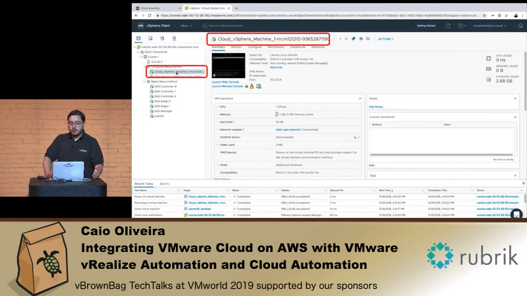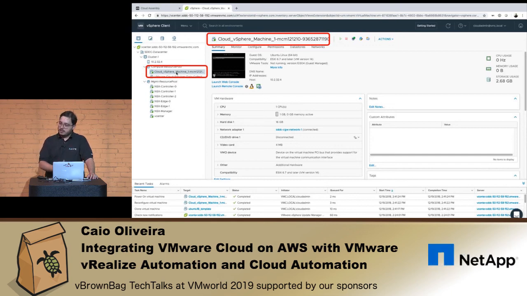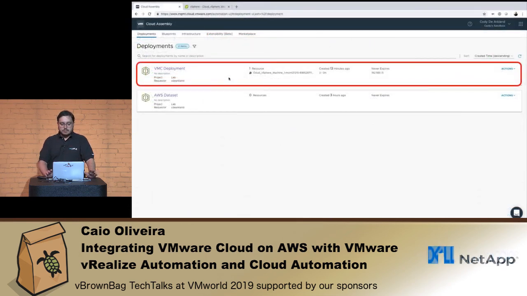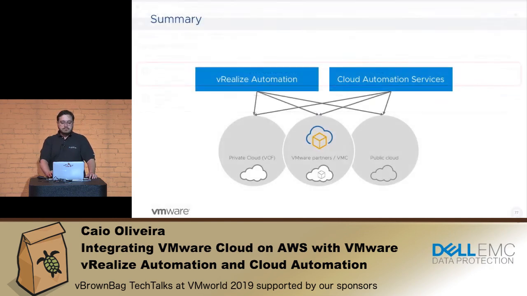So after a few minutes, I will have my cloud vSphere machine with all the properties and everything that I did on the blueprint side, right? Depending on the size and all the customizations you do, in my case it took about 2 to 3 minutes to create this virtual machine, right? And just to finish and to summarize,